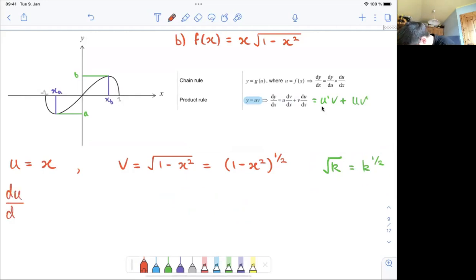The derivative of x itself, with respect to x, is just 1. Okay, so we'll put that there. And now, if we want to find dv/dx,